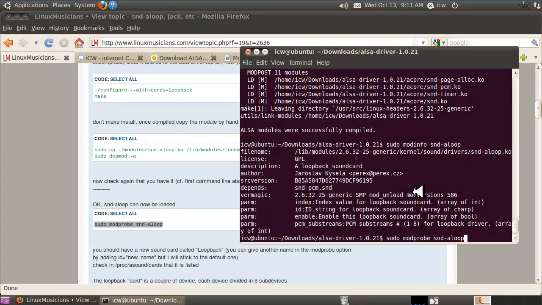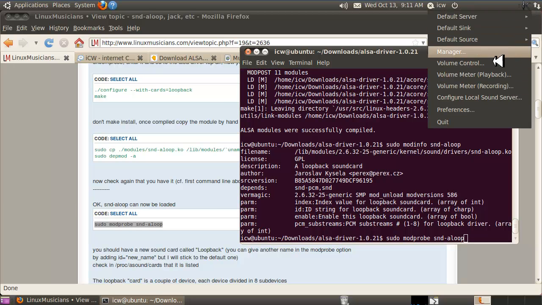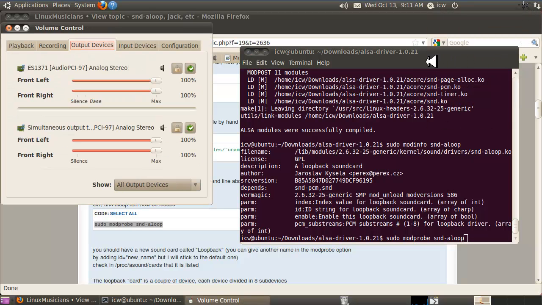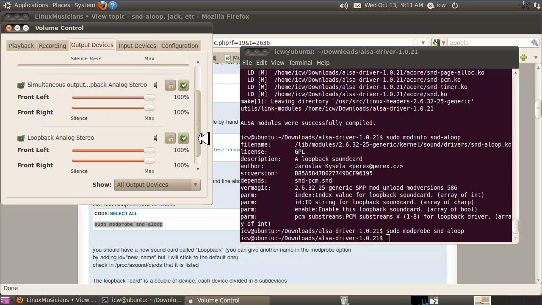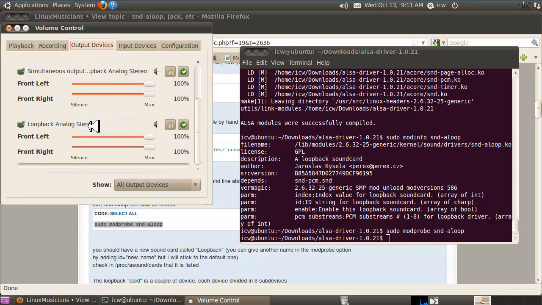And paste it in. And let me bring up my volume control so you can watch it pop on there. Okay, I'm going to hit enter now. And there we go. And now it's in Pulse Audio as a new sound card that we can use. Now, if you want this to automatically boot up every time you reboot the system, there's a pretty easy way